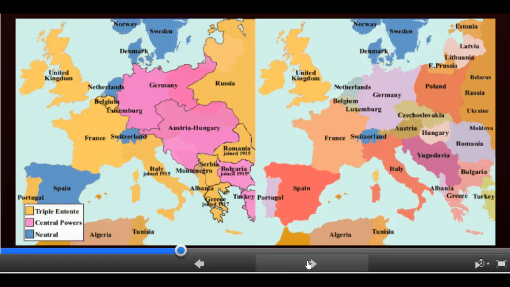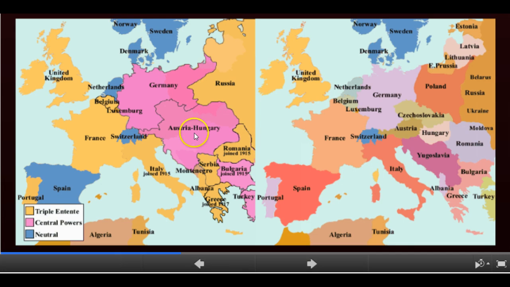So on the left we have Europe before World War I, and on the right we have Europe after World War I. If you can see, you have Austria-Hungary here, Germany's right here, and then if you take a look over here, Austria-Hungary, Germany, Ottoman Empire was down here before World War I. If you take a look over here, they're a little bit different. So we have new countries. Austria-Hungary is broken up, so now you see Austria and Hungary, they're their own separate countries now. We have Czechoslovakia, Romania gaining some land, Yugoslavia is new, encompassing Serbia, so we see the political changes as well.